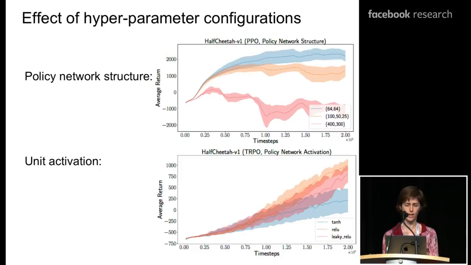On the top graph, I vary the number of units in the layer, and I vary it from 2 to 3 layers. Drastically different results come up. On the bottom, I vary the actual unit activation from a ReLU to a TANH and so on. And again, slightly different results. In this case, especially as the learning progresses. On the x-axis, I have the time step of learning. Big effect, in a reasonably large space in terms of hyperparameter configuration.